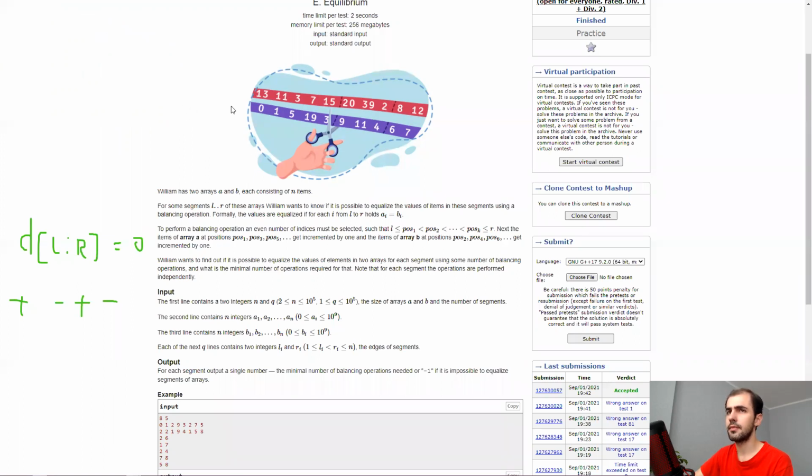So, getting rid of one array, getting only one array remaining, it's nice. Now we have to come up with a way to quickly understand how many operations we are going to spend on a given subarray to make it equal to zero. Now the first thing I noticed here is, well, before we delve into minimizing the number of operations, why don't we think about what cases lead to the impossible answer,